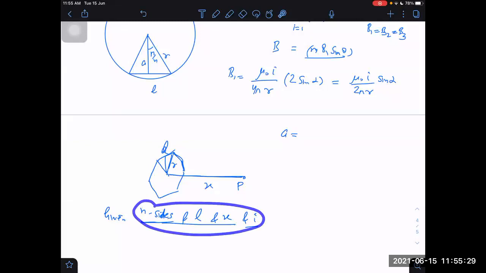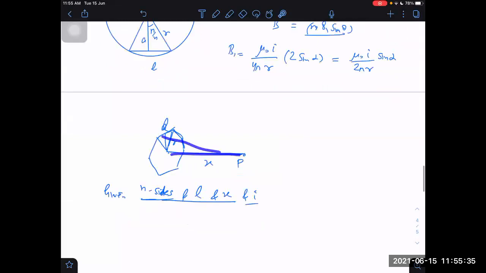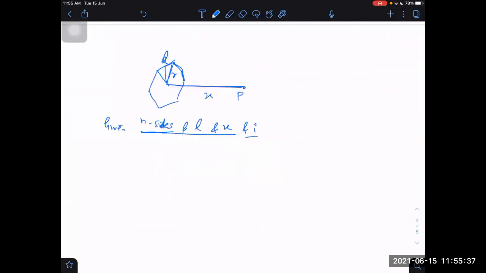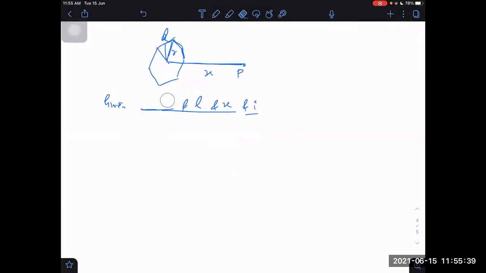Now after this, I am leaving it for you to do as a mental exercise to derive the result yourself. After that, somebody can post the result in the group. I will check whether the answer is right or not. Your answer should be in terms of n, L, x, and I. Okay.